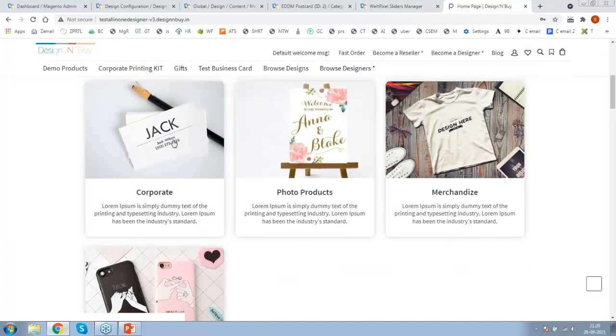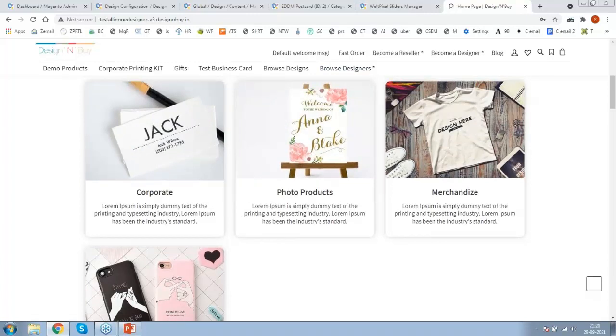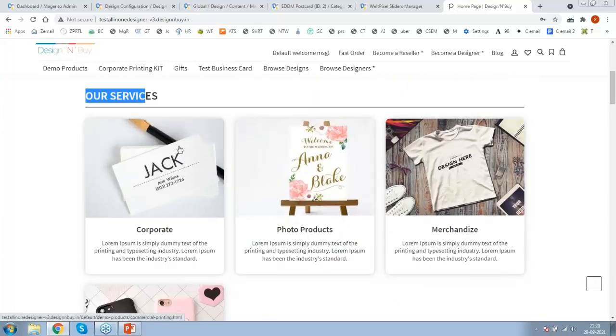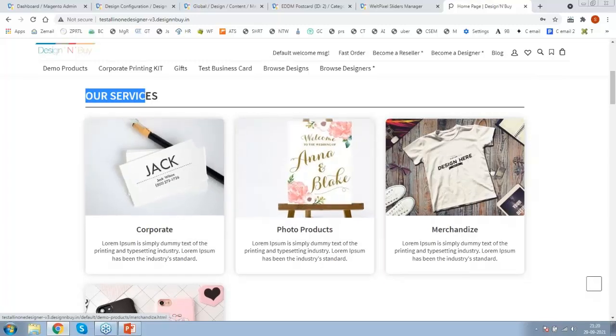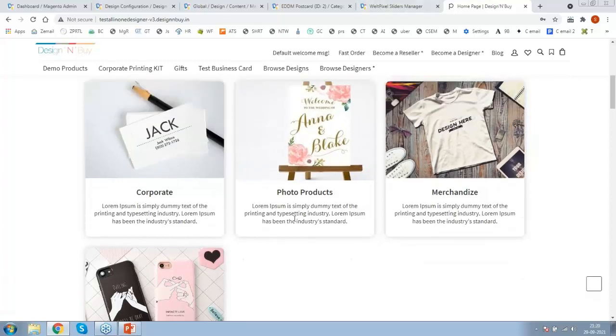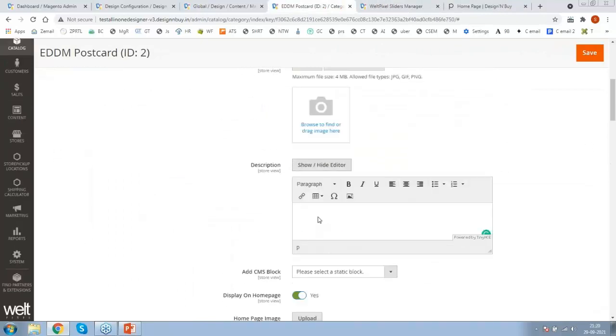Please take note that all the images of all the categories listed under featured categories, here under our services, should be of the same size. Right now it is about 400 by 500 pixels. You can upload a different size image, but please take care that all these images are of the same size and proportion. The content comes from your usual description part.